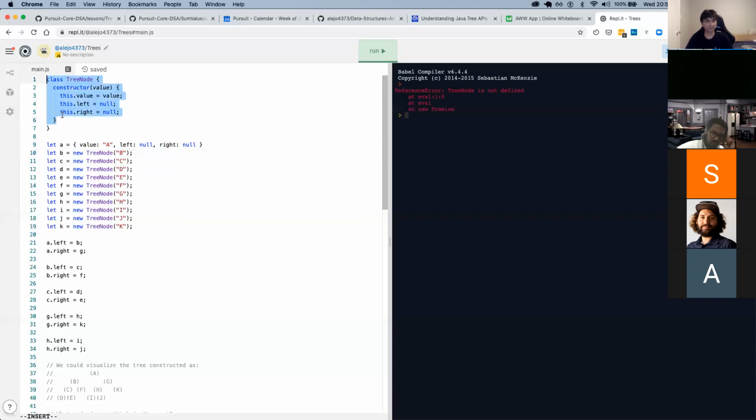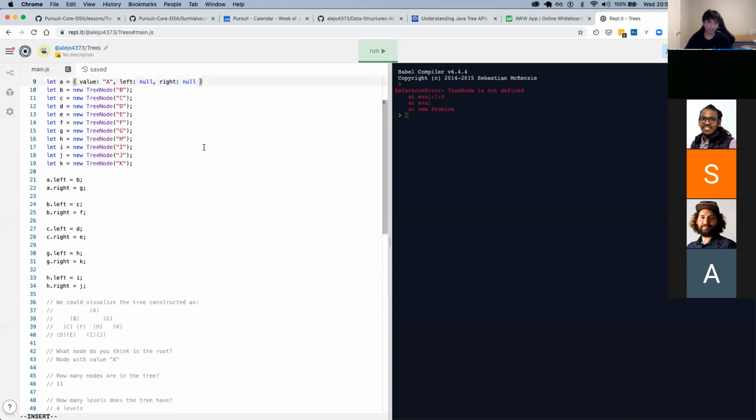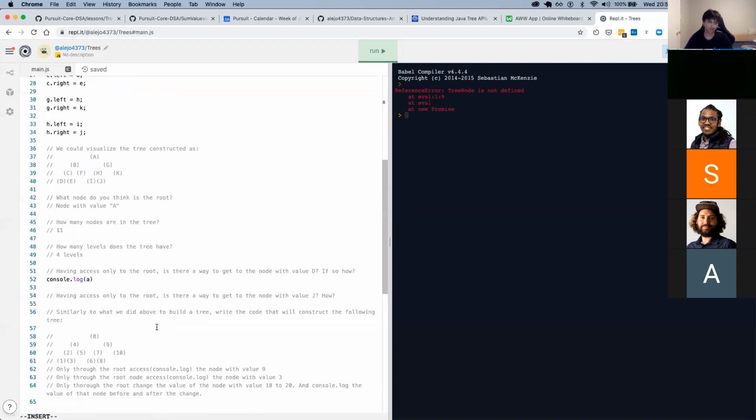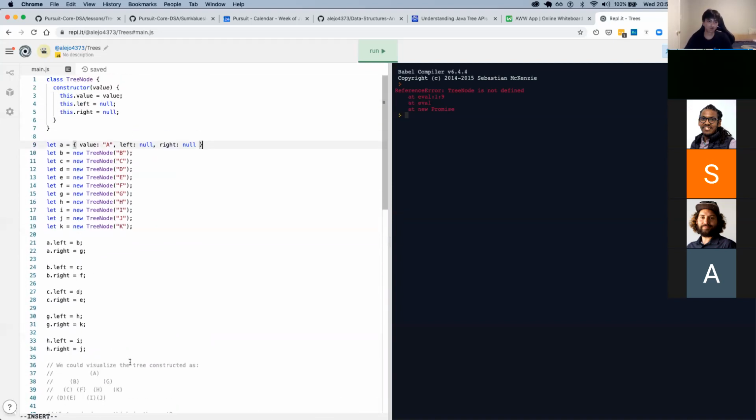If I had some other properties that I don't want to get into, this object wouldn't get them because it was not created with the tree node constructor. In fact, this will still work. I'm not going to try it right now, but this is just an object. A class is just a factory, a blueprint for objects that we want to have the same structure.